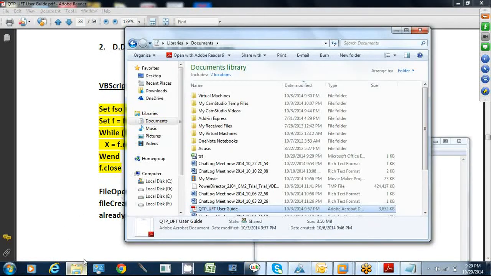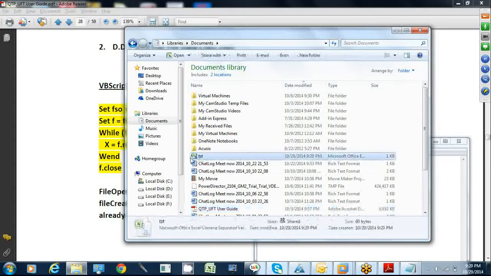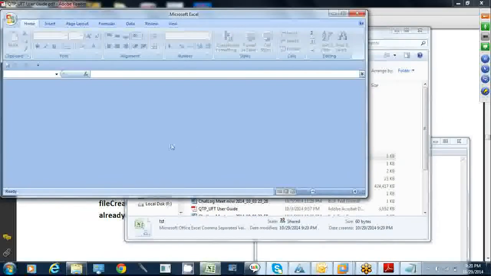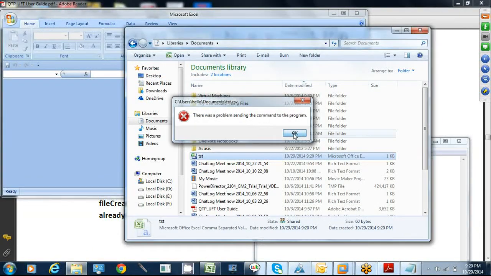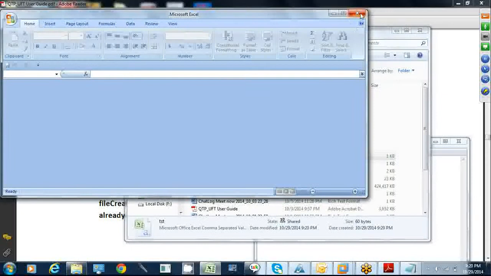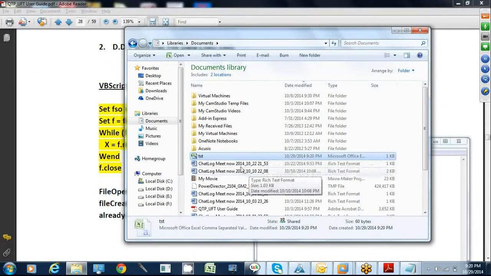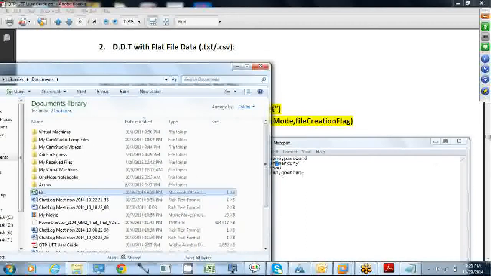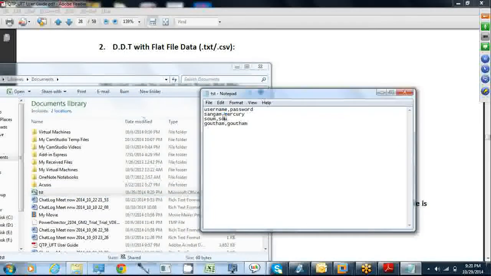Here you can open it with Excel. Normally, since it is comma separated, it automatically finds it. Okay, my Excel is not working. Forget about it. The importance of comma separated values is that wherever the comma is found, it divides there.